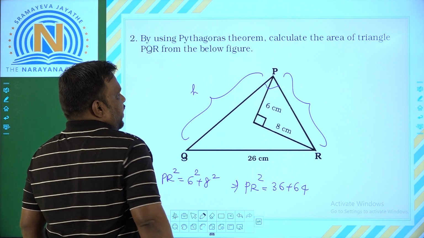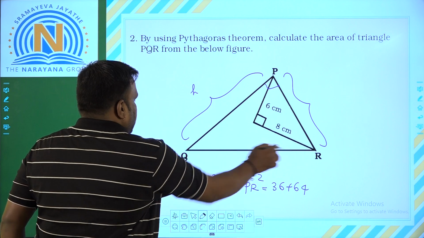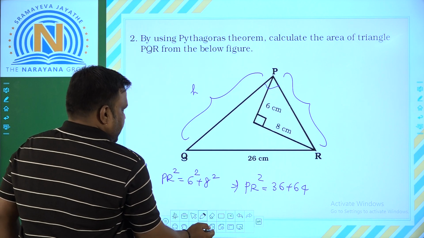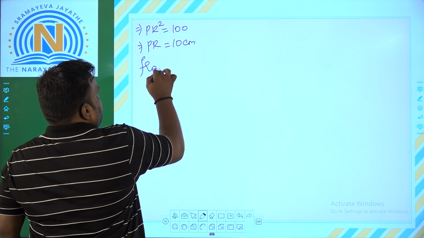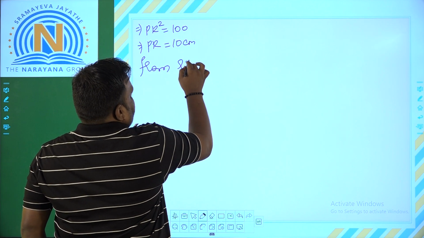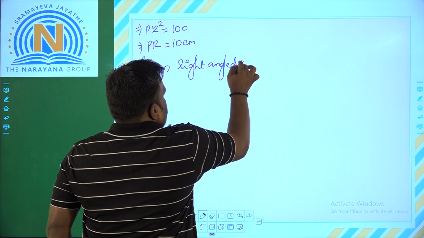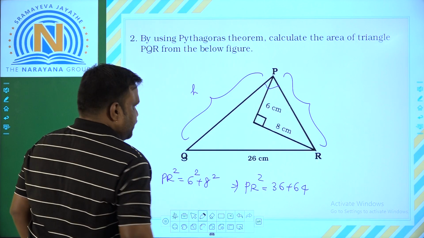So right, I have to find out this height. To find out PQ, since it is a right angle triangle, QR square is equal to PR square plus PQ square. From here I will get it. So from the right angle triangle PQR, since the right angle is at P,